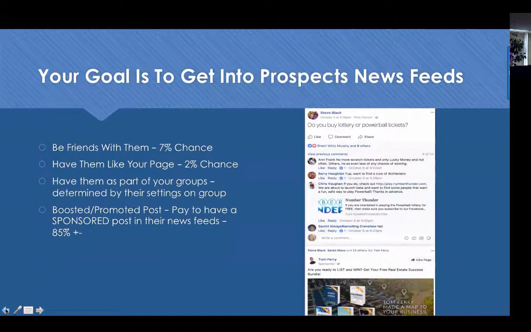So the 7% number is this. Let's say you're having a holiday party, you were talking it up on Facebook. 93% of people are not going to see it in their newsfeed, about 7%. And those are going to be based on Facebook's algorithm, and EdgeRank, you may hear that term. Basically, how many people that you're connected to have liked your comments, given you a reaction, have commented, have shared, or even viewed your stuff.